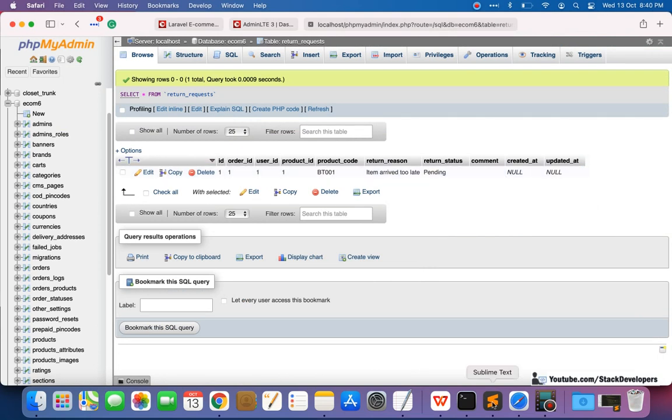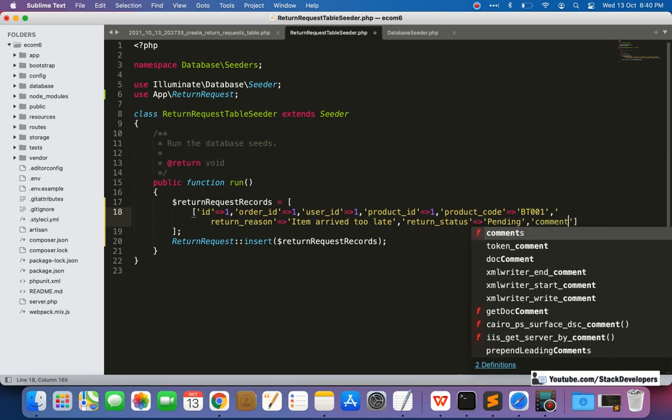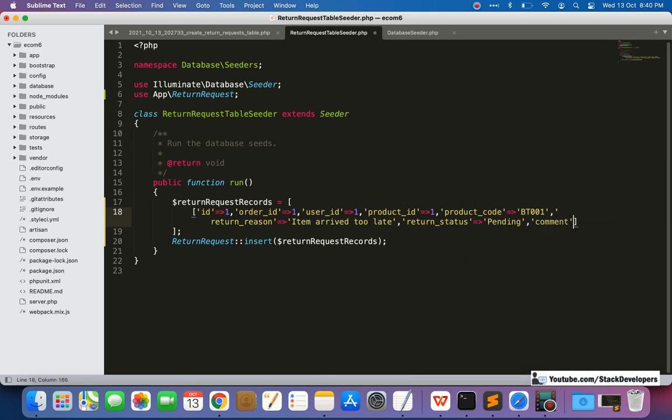But we are left with one column, which we also need to fill up: comment. Comment is something you can make mandatory or optional, it depends upon you.